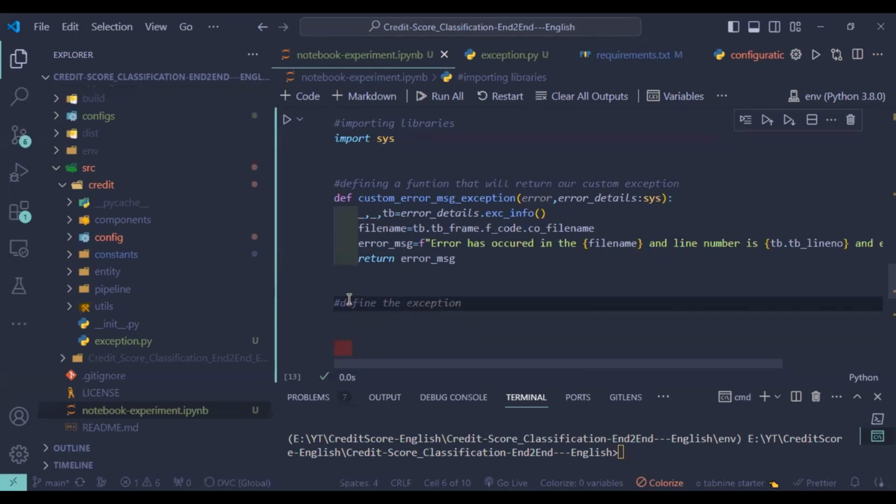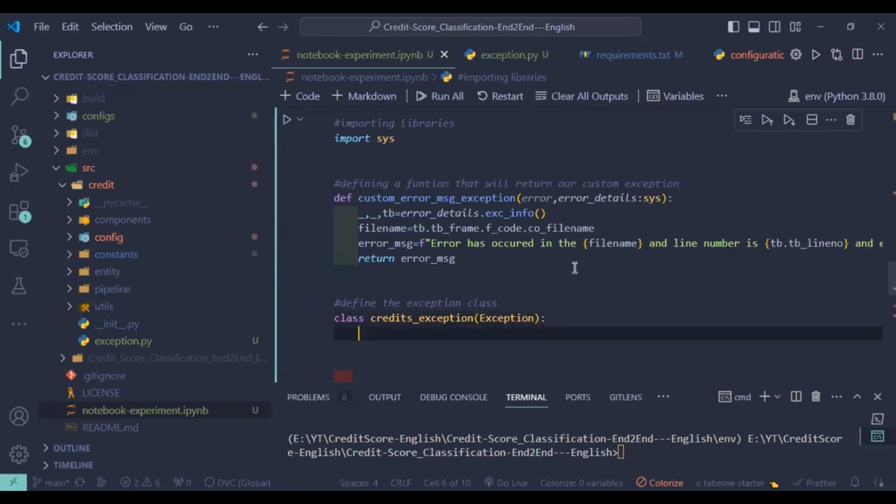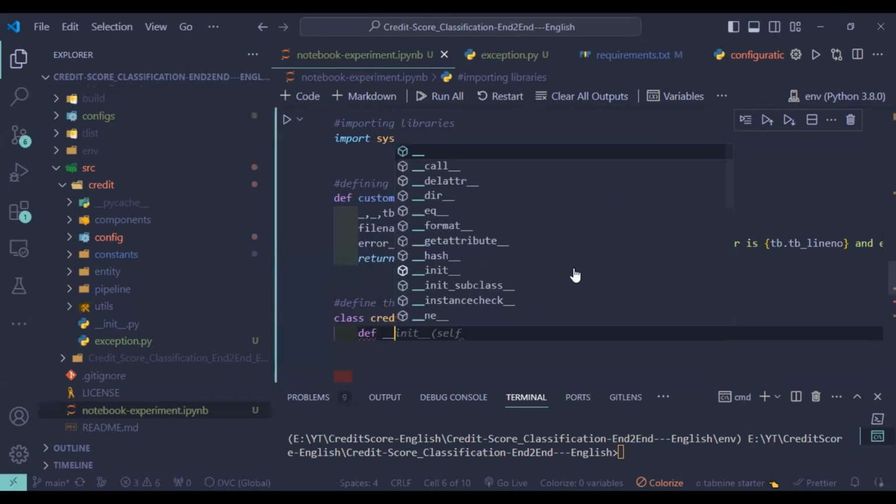Exception class. Okay. So they define a class called, for example, CreditException. It will inherit from the Exception class that is already built into Python. And now we accept that. Now I need to write my init, right? Init,